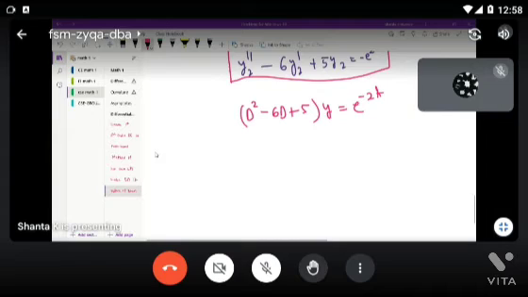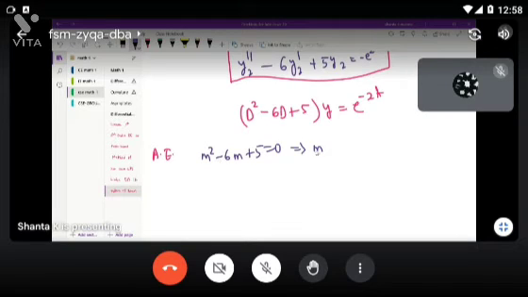First we will go for the auxiliary equation, and this auxiliary equation is m squared minus 6m plus 5 equals 0. So the solution of m will be what? What will be the solution? The roots are 1 and 5. Minus 6m, so you can put it as minus 5 into minus 1. So m equals 1 and 5. Okay, so the general solution, the y complementary function,